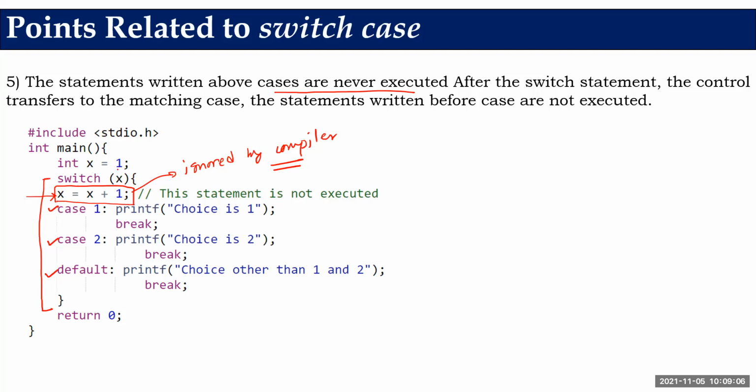You have a value x equal to 1. So you might think, okay, x equal to 1 here, fine. But x equal to x plus 1 has become 2, you might think, no. Branching starts immediately. It does not fall in any branch. The value is 1, so 1 equal to 1, yes. So it is going to execute this one, break. So it will come outside of the switch case. Okay, so I am highlighting this point so that you can understand the complete overview of switch case.